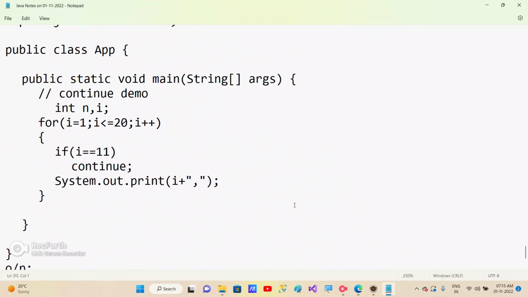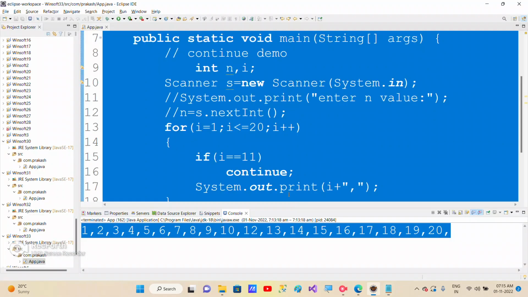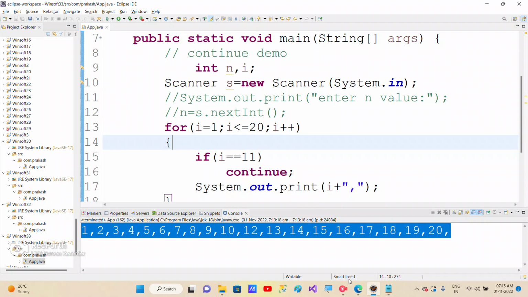So this is what you need to try, guys. Is it clear? Yes, sir. Stop it for today. So tomorrow we'll